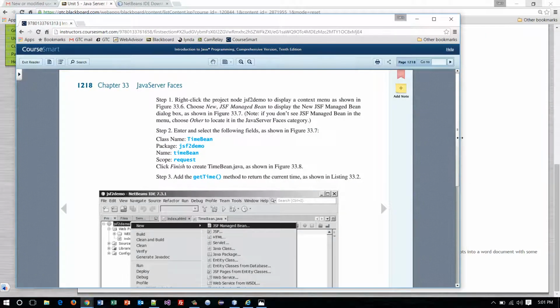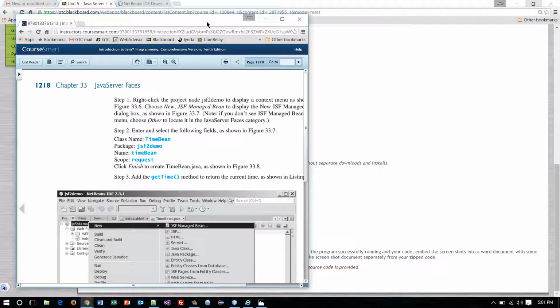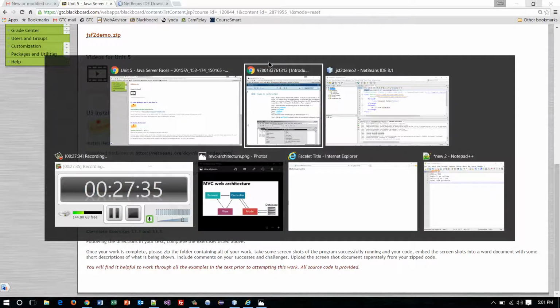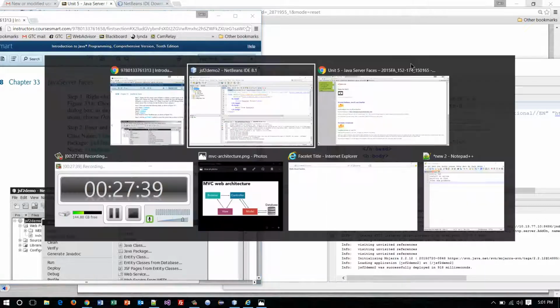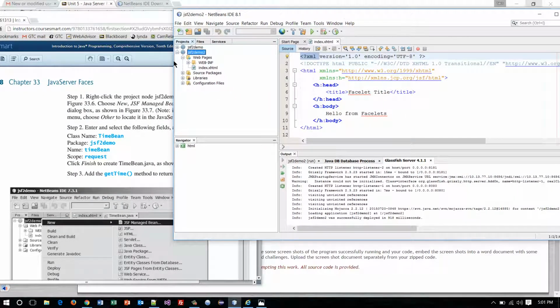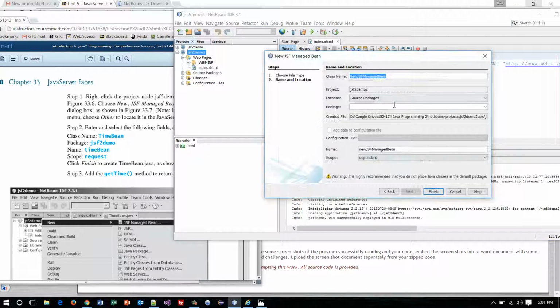So back to new managed bean. So the class name is going to be time bean. Now remember, I'm changing my package name here because I'm working on a second iteration of this. All right, so we have that package name in there. And then under name,